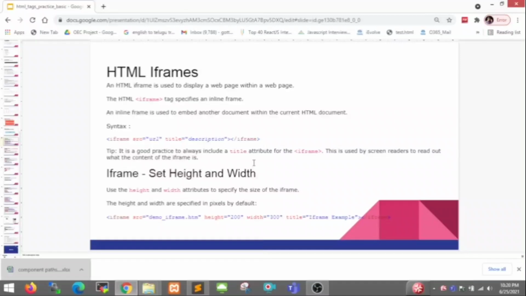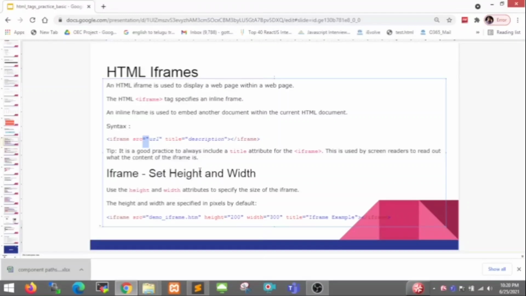Here I gave one example: iframe src demo iframe.html, height 200, width 300, title iframe example, close the iframe.